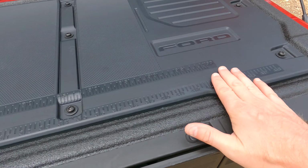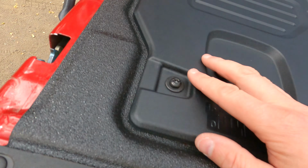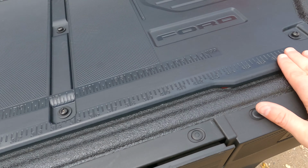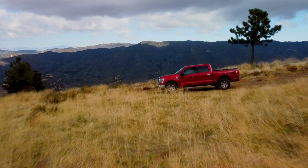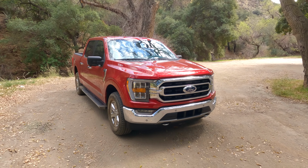And out back, for anyone who hasn't seen the new tailgate just yet, it features extra tie-downs that also serve as bottle openers, as well as integrated rulers and clamp holders. 4x4 Super Crew XLT F-150s start at $43,805, but our review loaner MSRPs at